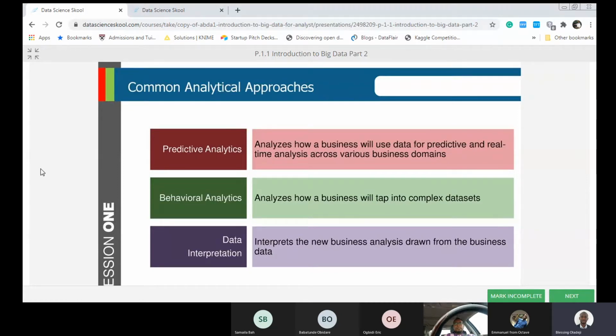Trying to tell what will happen in the future based on what has happened in the past. Then you also have prescriptive analytics, and that approach to analyzing big data tries to recommend, it analyzes data with the intention of recommending the next best course of action that should be taken. I will say that again. So prescriptive tries to analyze data with the intention of recommending the next best course of action that should be